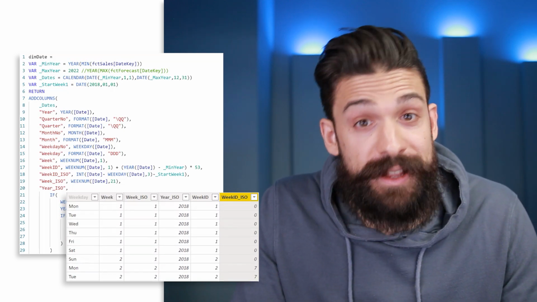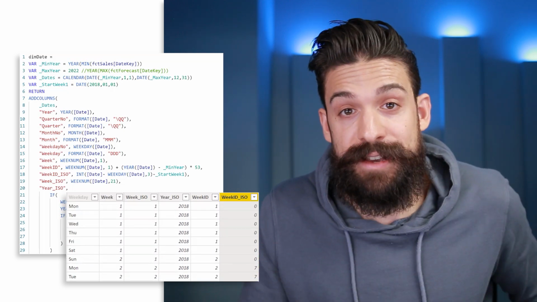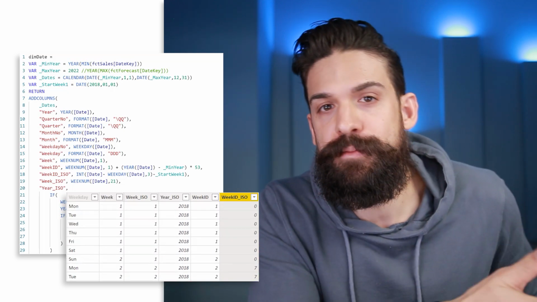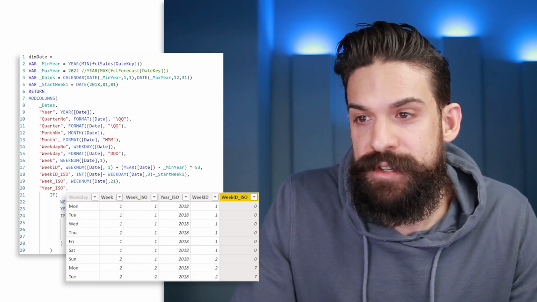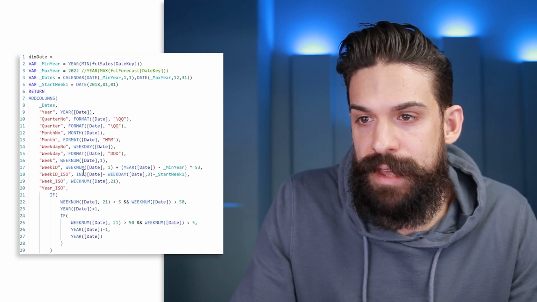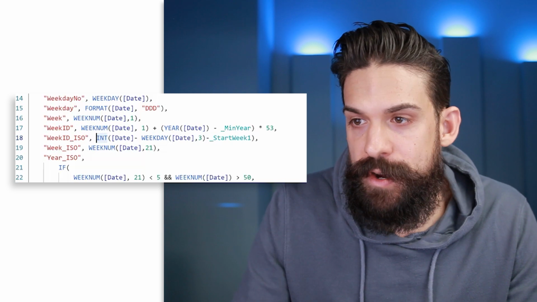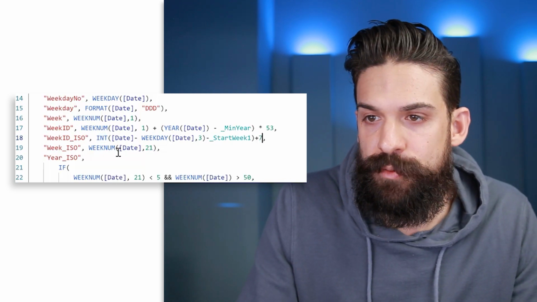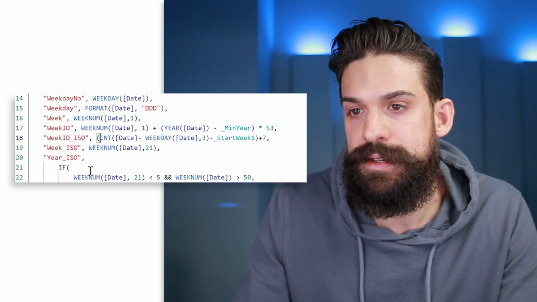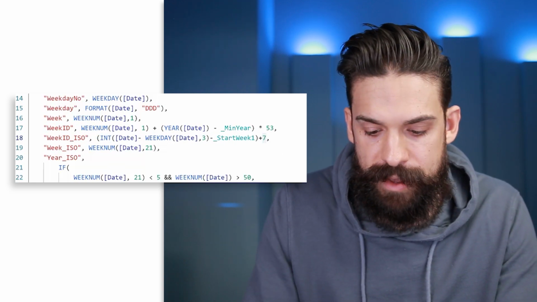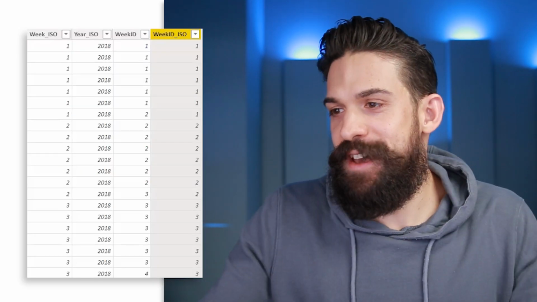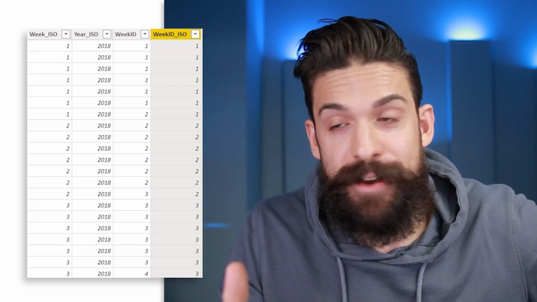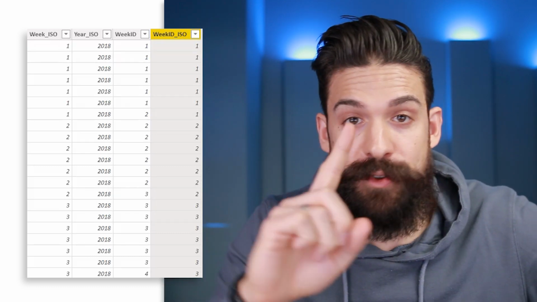Well, not exactly what we wanted to have, because I wanted to have the number of weeks, not the number of days from that first week. So therefore we still need to make one small adjustment, and that is that we want to first add 7 so that we don't have 0 for the first week, and then we can divide the whole thing by 7 to turn it instead of days into weeks. And there you go, we have now a nice week ID number that goes up in steps of 1,